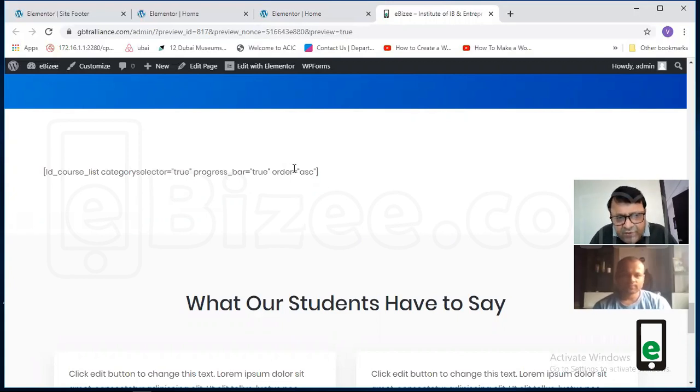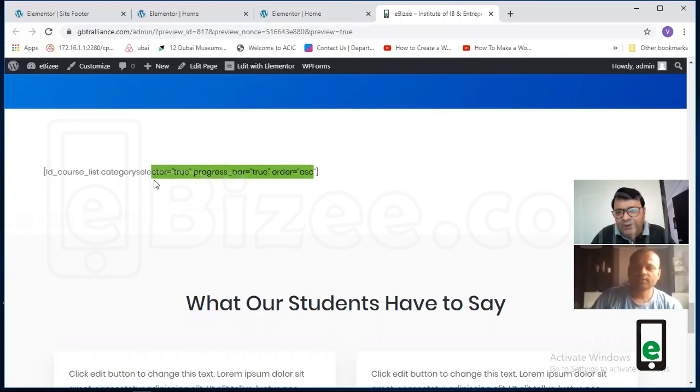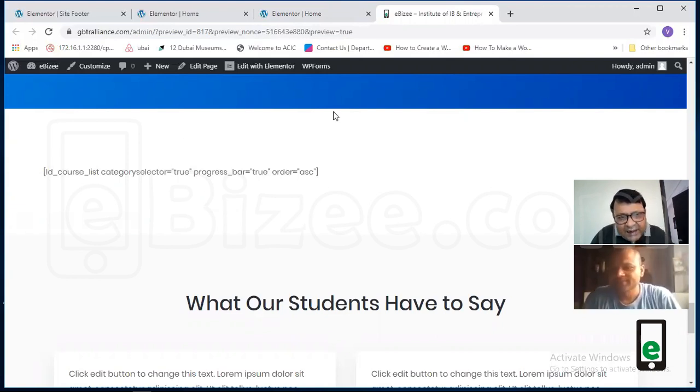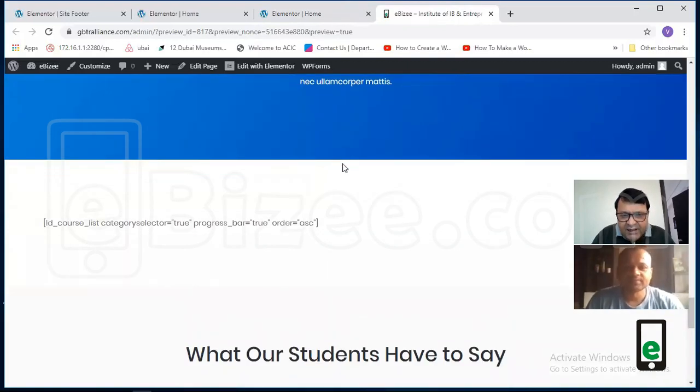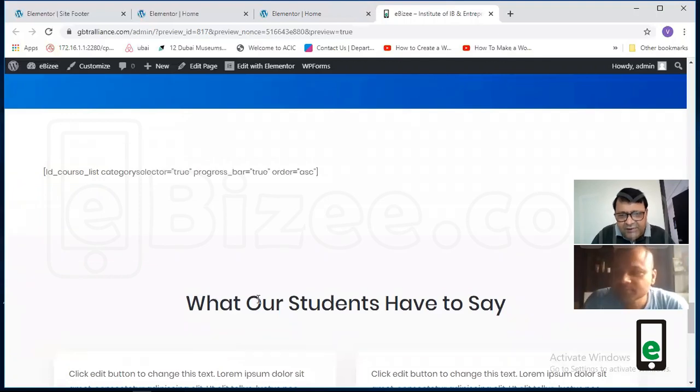For example, we can use the shortcode of Tutor LMS. So all the courses which are on Tutor LMS will come here automatically. You don't need to put these courses in. It will automatically take them. That means I can put my paid courses on the home page also. You can add another section here, our special courses. When you write special courses, those special courses will automatically come. You will learn it.